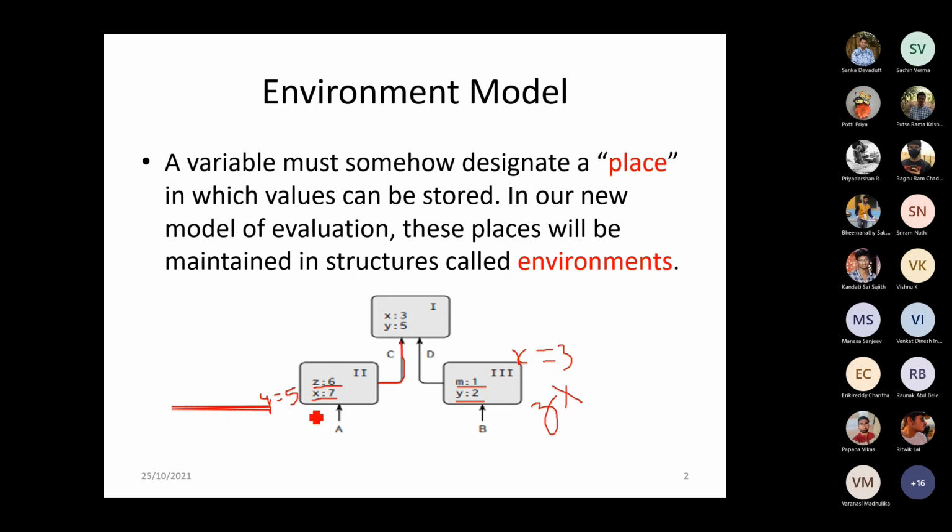Similar is the case from frame 2 if you try to access the variable M, which does not exist in frame 2 as well as in frame 1. So we will not be able to access the value of variable M. It will give you an error message. It says it has not been declared, which has been associated with pointer A as well as with pointer C. So this entire structure, what we call it, is the environment. That is nothing but memory.